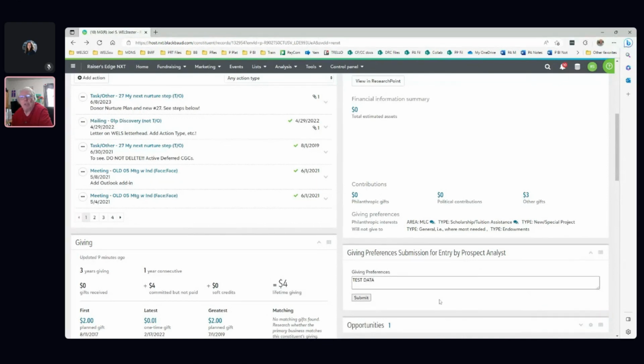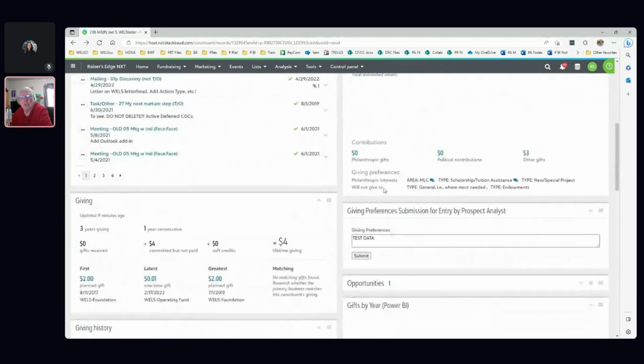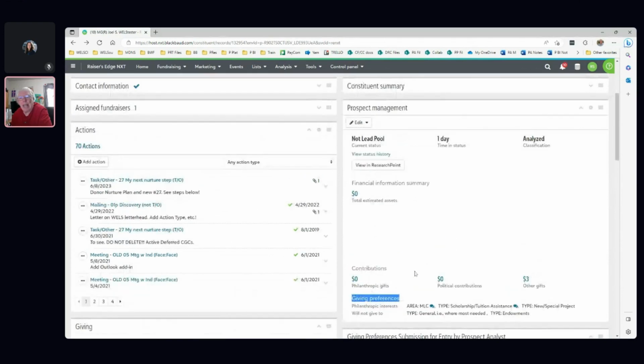And you might think, well, what do we do with this? Well, we use it in conjunction with prospect management. So at the bottom of prospect management, there are giving preferences. Giving preferences are great. They can help identify what sort of things people want to give to, or what they won't give to. But the problem, of course, is that giving preferences cannot be added using WebView. And as you remember before, I said that we don't want our folks using anything except WebView, that it can't be done in database. We want them using WebView.